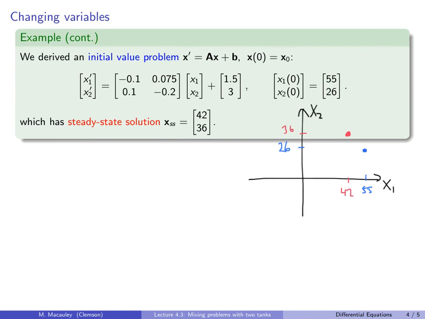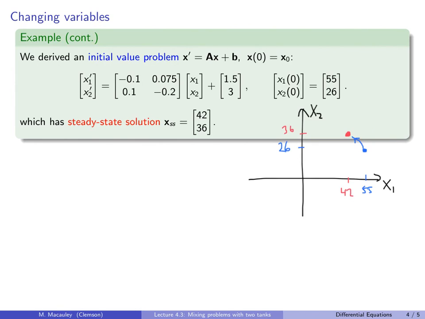Think of this as like a sink, that no matter where you start, eventually the amount of salt in tank A and tank B is going to dive toward this sinkhole type thing. So it's going to go something like this. We're not really sure if it's going to dive this way or do something else or go back this way, and it's not absolutely clear why everything is going to approach the steady state,